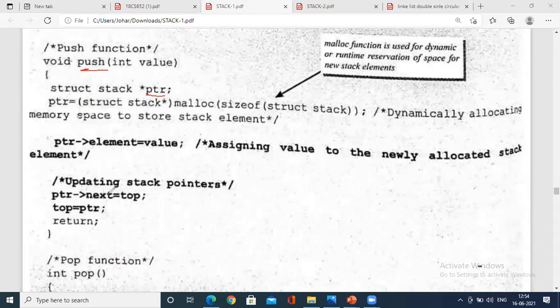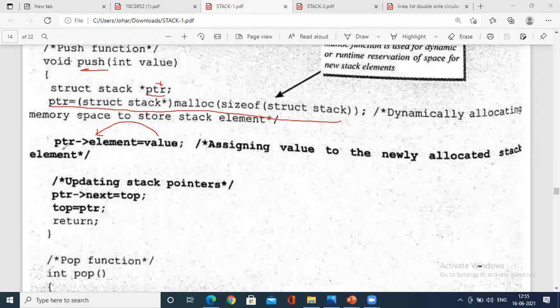What you do is you copy the value to the pointer element by creating dynamic allocation, ptr struct tag. And star top is copied to star ptr. Here see, star top, as I said, contains two things: one is the element, one is the next. Star top is copied to star ptr. Star top consists of two elements, the element and the next value.